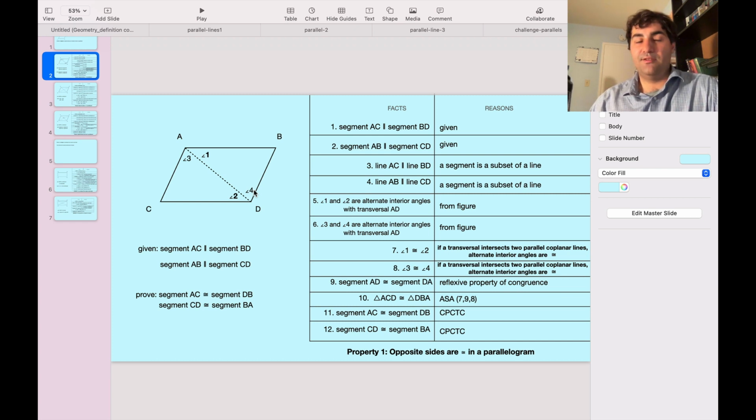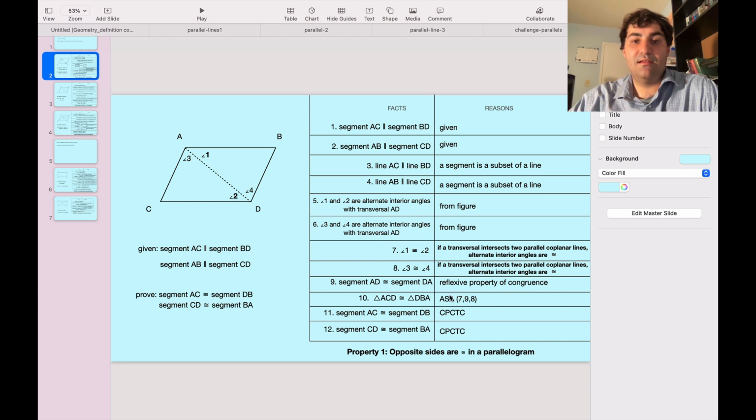So we know that if a transversal intersects two parallel coplanar lines, then the alternate interior angles are going to be congruent. Since we know that side AB is parallel to side CD, angle 1 is going to be congruent to angle 2 because they're alternate interior angles. And since side AC is parallel to side BD, angle 3 and angle 4 are going to be congruent because they're alternate interior angles, right? So if we look at segment AD, it's going to be congruent to segment DA,